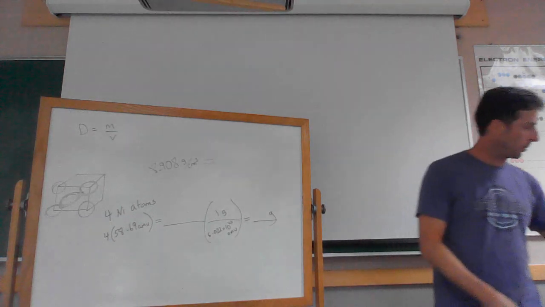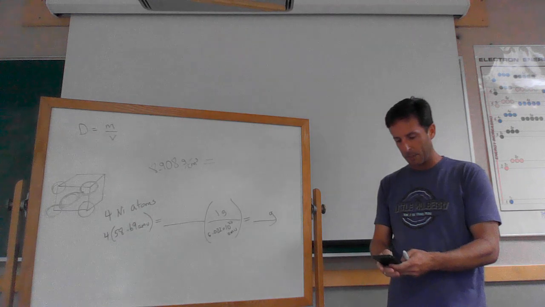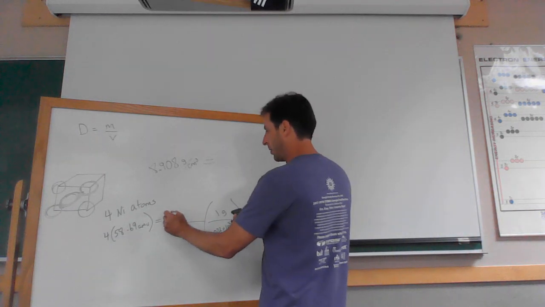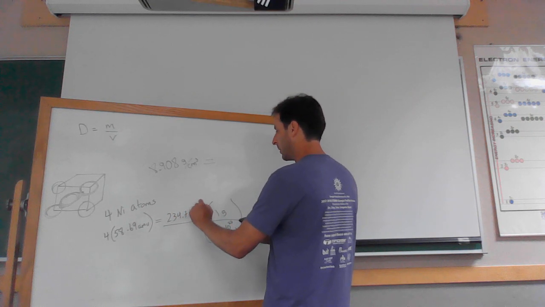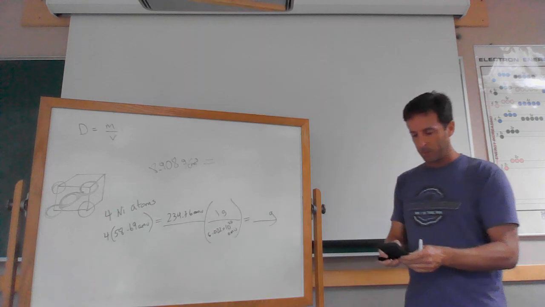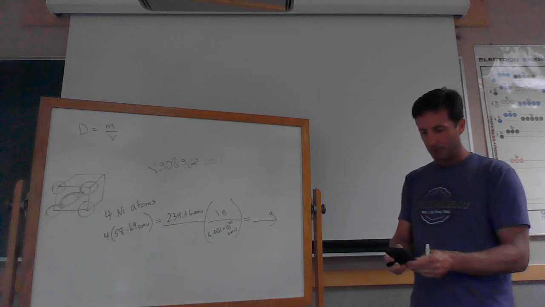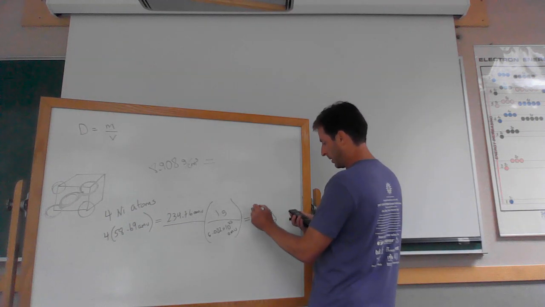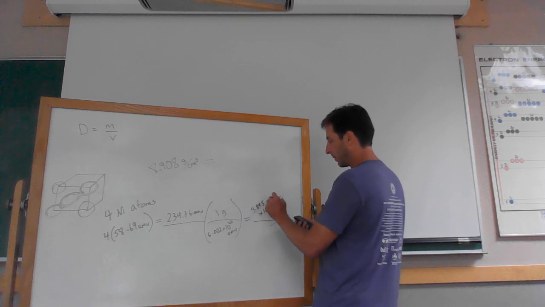So let me do that real quick. 58.69 times 4. So my mass in the cell is going to be 234.76 AMUs. And then I divide by Avogadro's number, divide by 6.022 times 10 to the 23rd. That gives me 3.898 times 10 to the negative 22nd